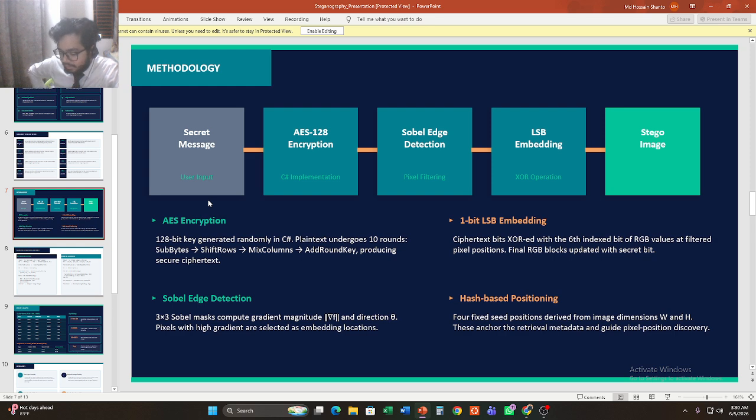These are selected as the embedding positions. The key insight here is that edge regions are far less sensitive to minor modification than smooth regions, so embedding data at edges makes the change virtually invisible.